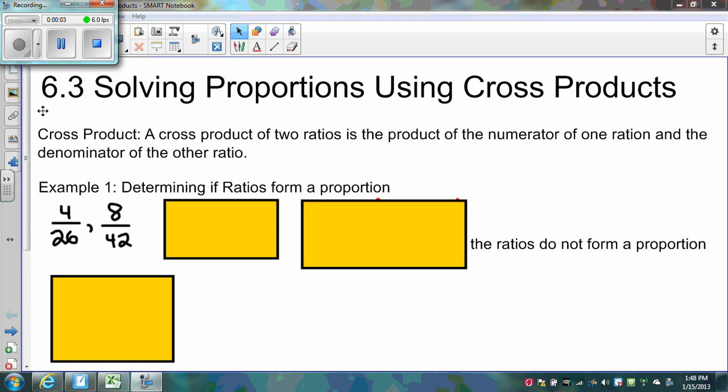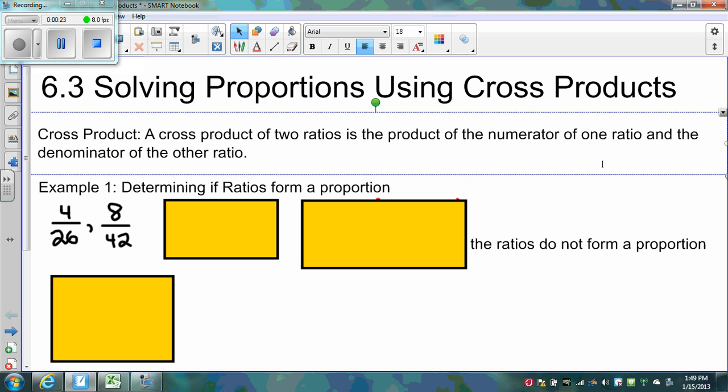This lesson is on 6.3, which is solving proportions using cross products. So just like the last section, we talked about proportions and how to solve them. Now we're going to use a new technique and new method of solving it called the cross product. So a cross product of two ratios is the product of the numerator of one ratio and the denominator of